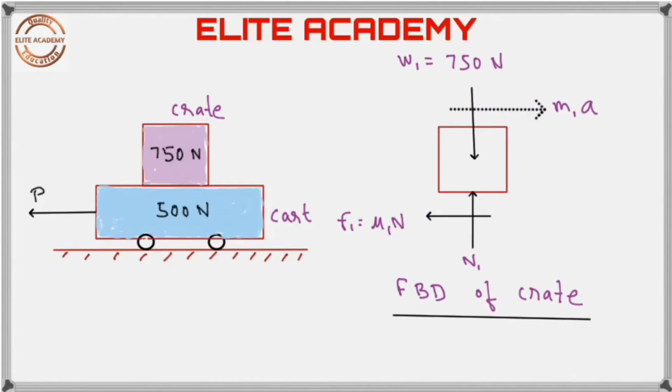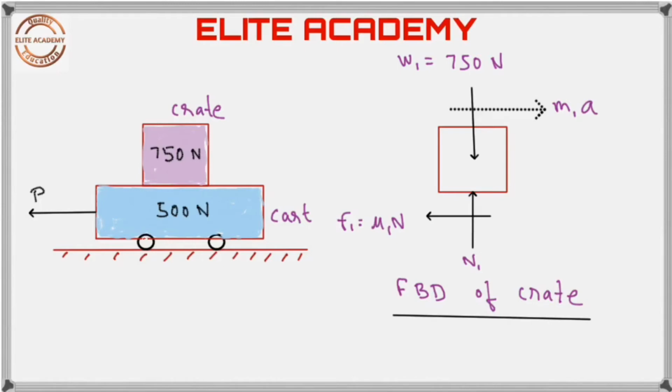Let us consider the free body diagram of the crate. Its weight W1 is equal to 750 newtons acting downwards, and the normal reaction between crate and cart N1 is acting in the upward direction, and the frictional force between crate and cart F1 is equal to mu1 N1 acting towards the left side. Now, according to D'Alembert's principle, for dynamic equilibrium we have to apply a fictitious force M1 A